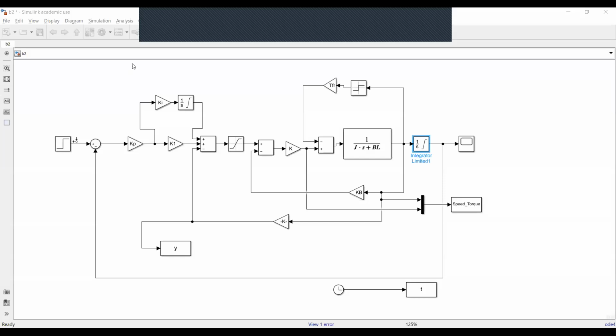Sir, I'm still getting the same error, even after changing the configuration parameter. Then you do one thing, share your screen. Yeah, I'm doing that. Can you see the screen, sir? Yeah. Now run it. I'll share the whole screen, sir. Just a minute.